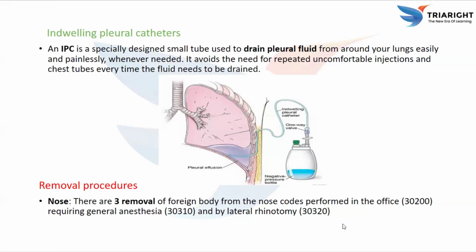And the third procedure, 30320, is removal by lateral rhinotomy, which is a surgical approach. So this is used for impacted or complicated foreign bodies, for failed simpler attempts, and it also requires an